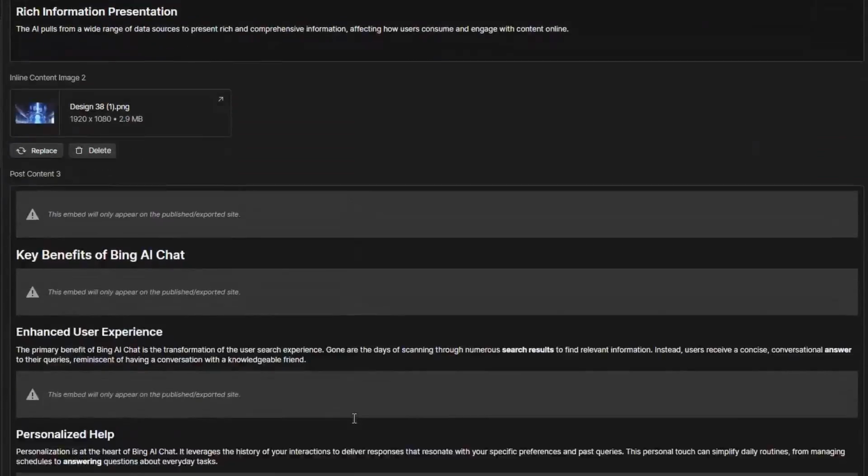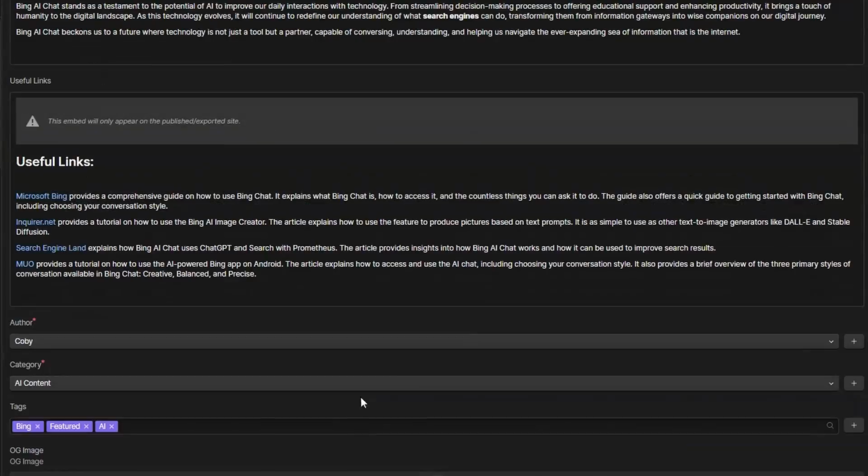So scrolling down to the end, you can see I've added this section in here, useful links, and that has come straight from the Bing chat. So we've got our multiple articles. And the reason we do this is when the user reads down, if they find the content useful, but they want more information, they can click off to one of these articles that is related. That is about helping the user.